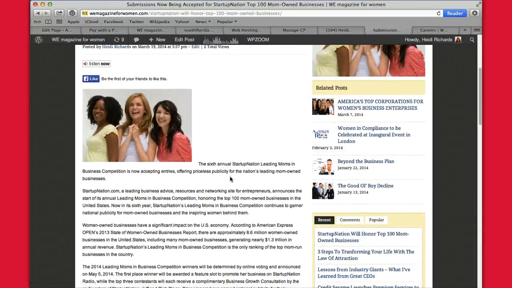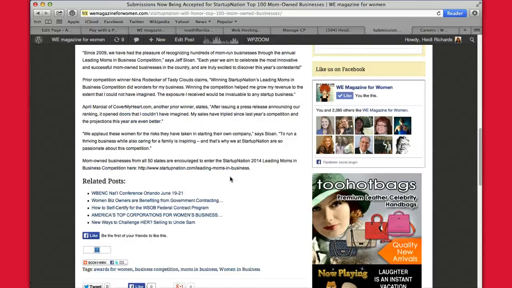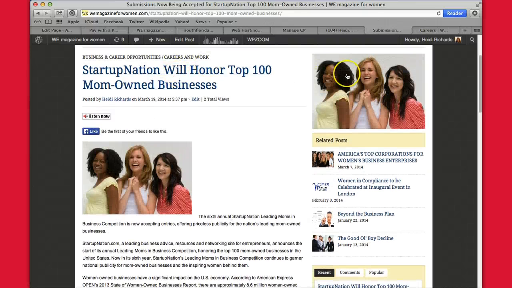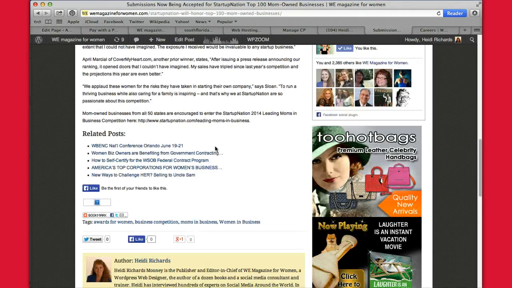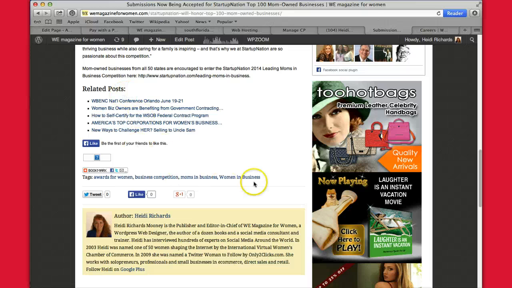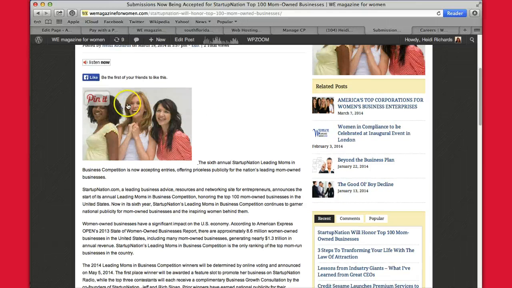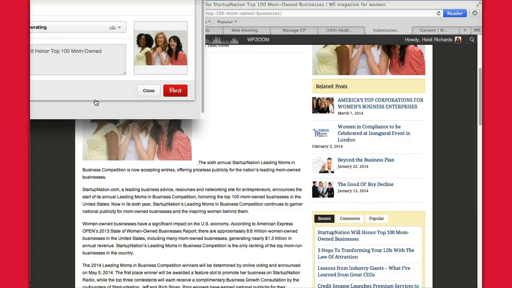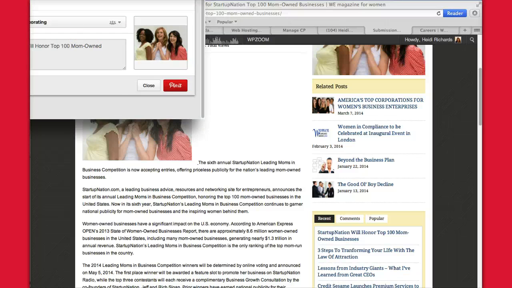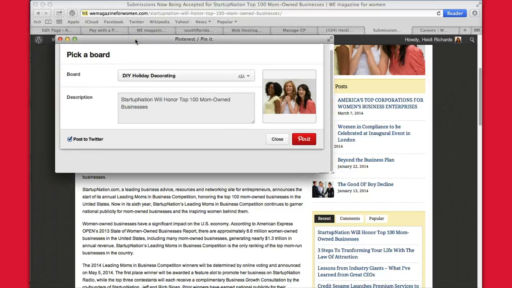The reason you want to do your photo the same is because, say someone wants to actually pin this to Pinterest. When they do, and I'll show you that in a moment, here's your tags, again, as we talked about. If someone wants to pin your article or share it on Pinterest, they would just simply, if you had a pin it button on your WordPress site, click pin it, and they could pin it. And the Pinterest pickboard would come up like this,